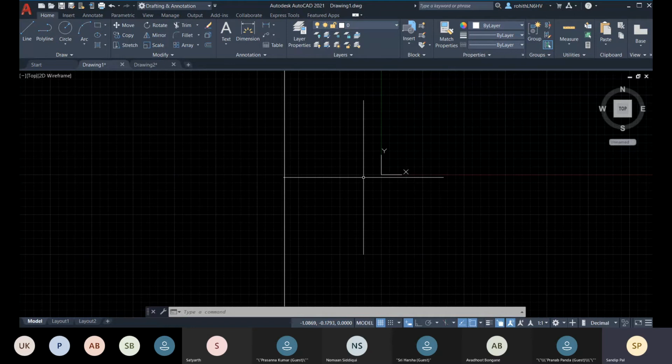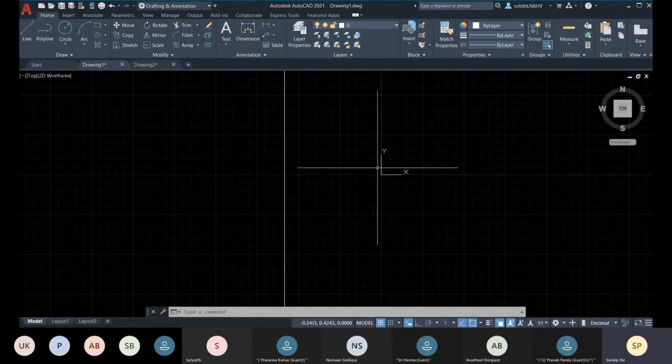So if you want to get the result as per that WCS, what you do is you align your UCS with WCS. That's a simple thing, because AutoCAD works as per UCS, and you want the result as per WCS, so then you have to match your UCS with WCS. That's a simple thing.